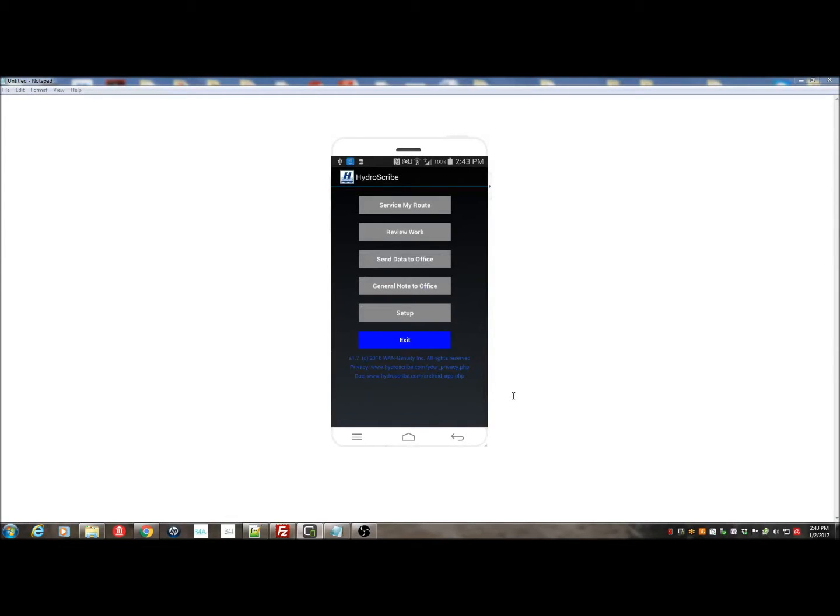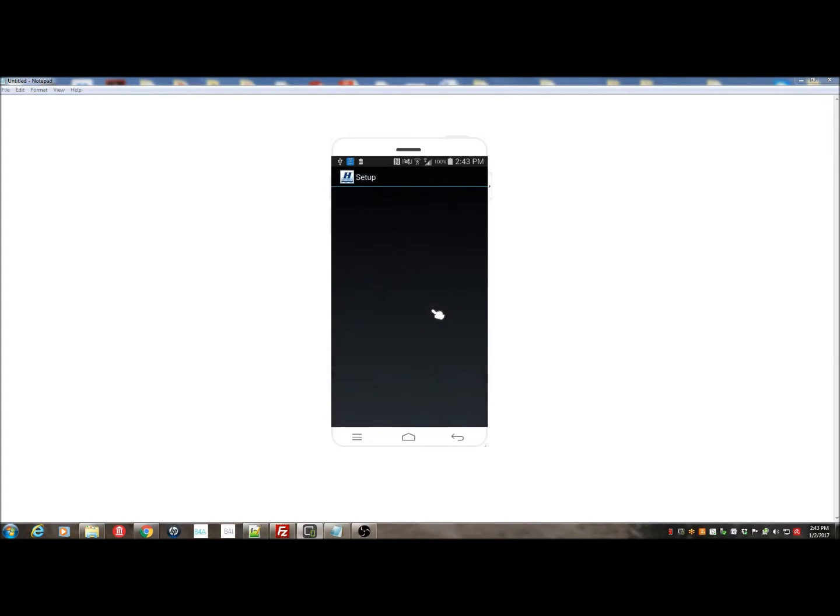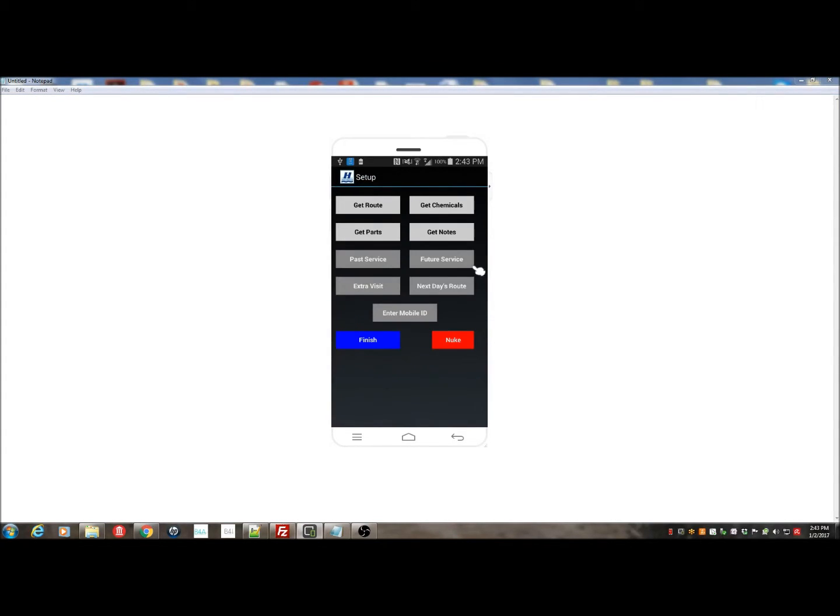Suppose you are scheduled to service a pool on Friday, but Friday is a holiday and you want to service that pool today. How would you enter that information? Well, that's a future service. So click on Setup, and it brings up the Setup screen, and then you click on Future Service, and then